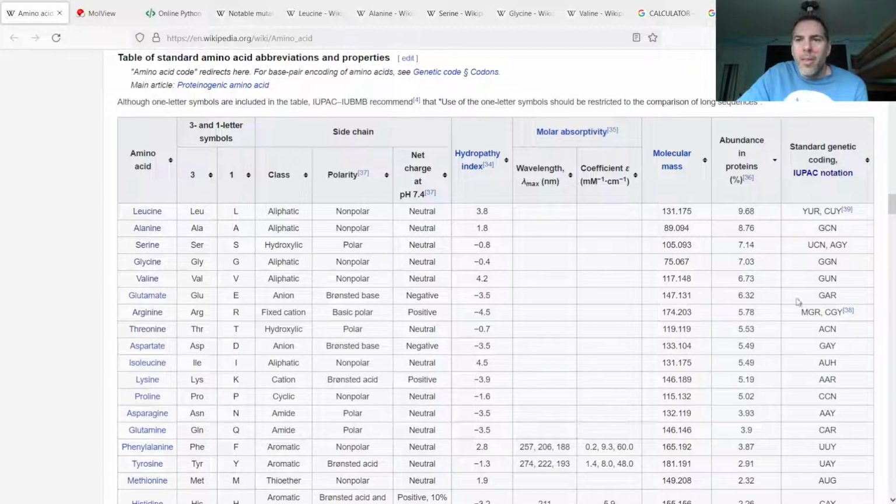But they're also independent calculations. So the abundance here is based on 5,000 proteins from a database and has nothing to do directly with the genetic code. It's just an interesting coincidence that they're almost exactly the same.